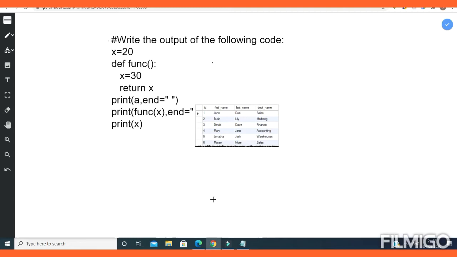Suppose your image is wrong or you want to delete the image. So how can you do it? You will just select the image, take the select tool from here and select the image. Then click on the delete button. This delete button will delete the image from the text.